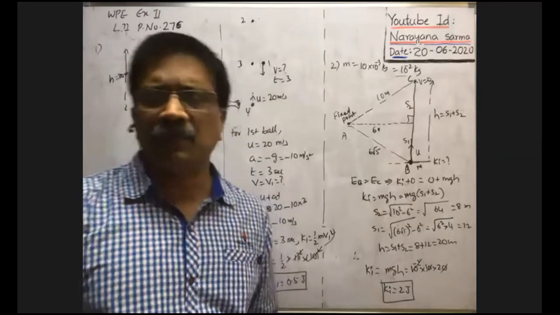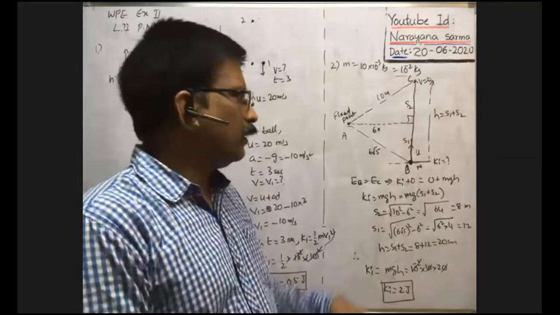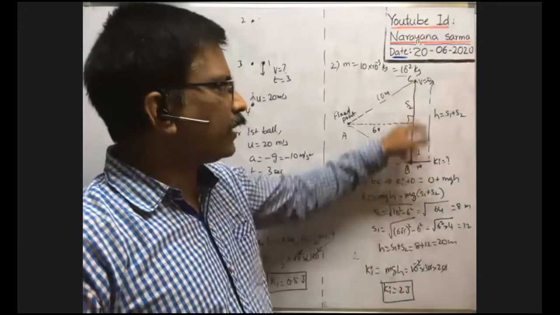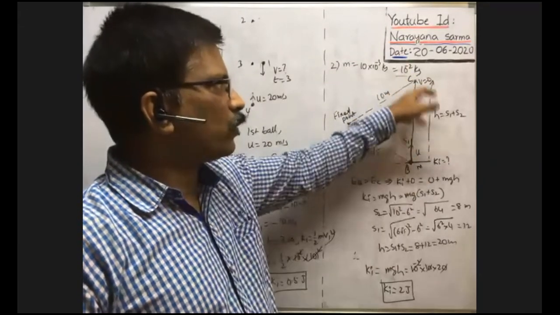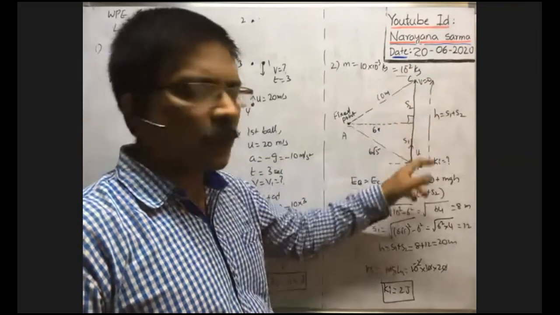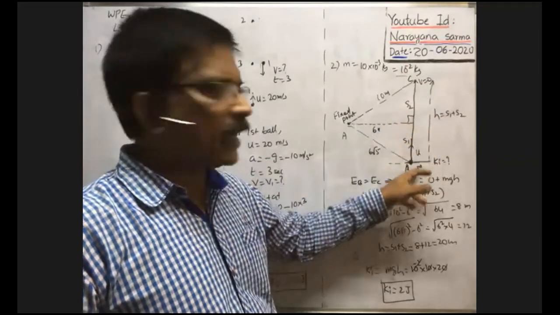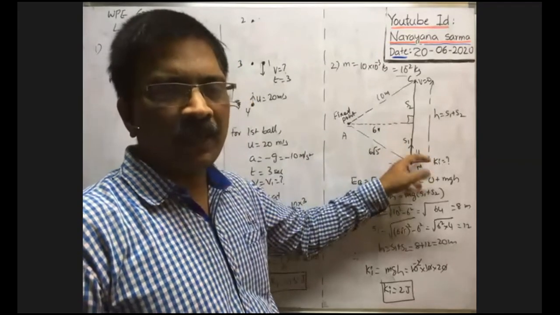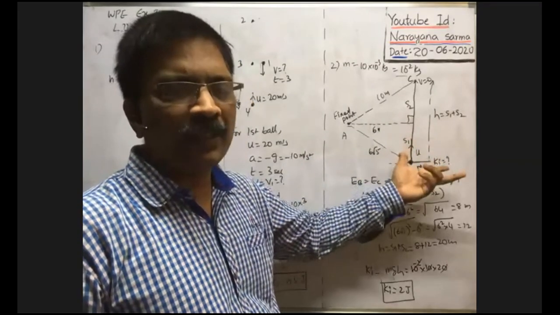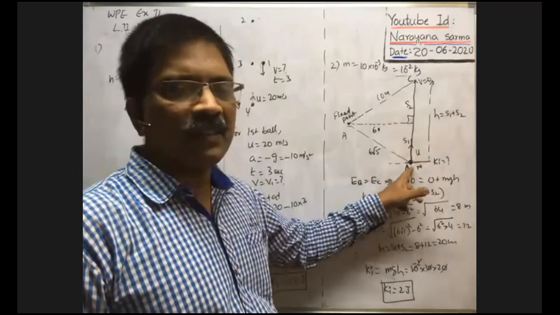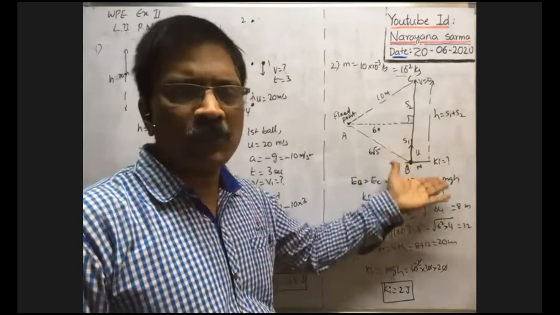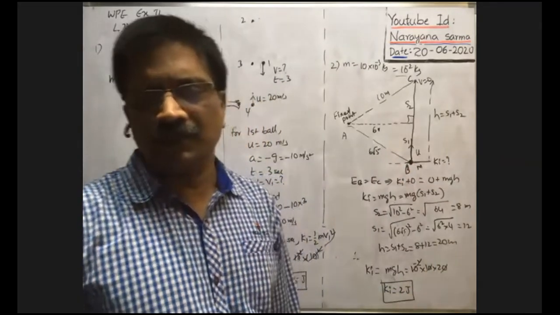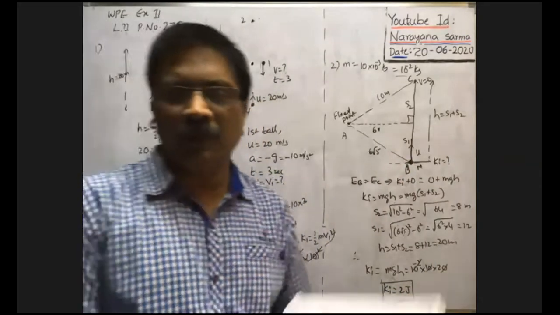Okay, by this method also we can do. By this maximum height reached, in case of a vertically projected body, when you know this maximum height h value, then h is equal to u square by 2g we can write, because maximum height reached by the vertically projected body is equal to u square by 2g. You find u square. Then at this point, what is the kinetic energy they asked? So half m u square. When you know u square value, then we can find half m u square. Directly we can do. That is also one way to find. Okay.